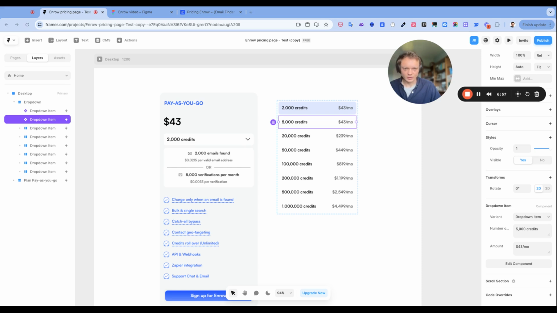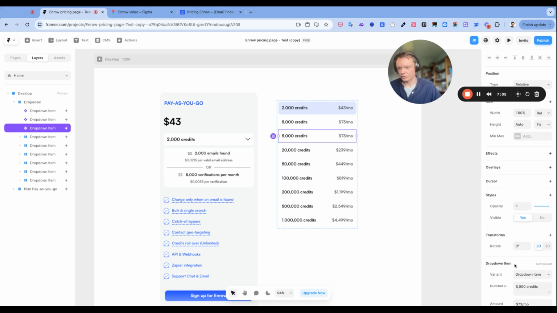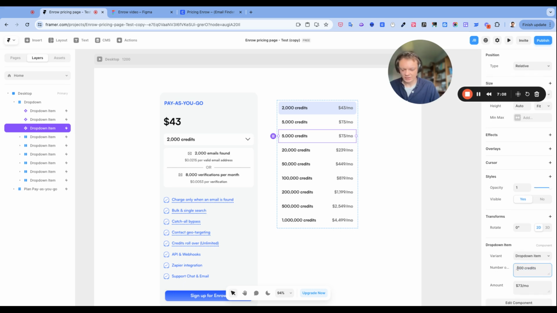So 5,000 credits is $73. And I'm actually going to do that for each item. So it's going to go pretty quickly based on the fact that I have those variables for the copy of the number of credit and the corresponding amount. So here it is for